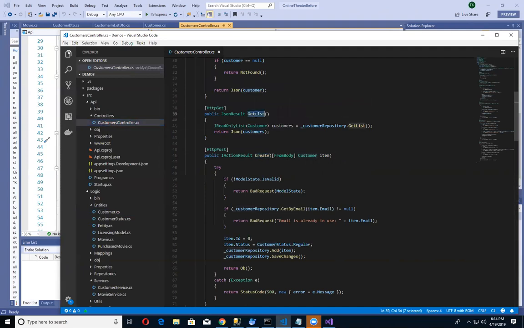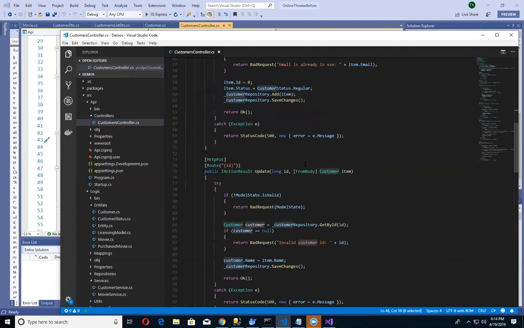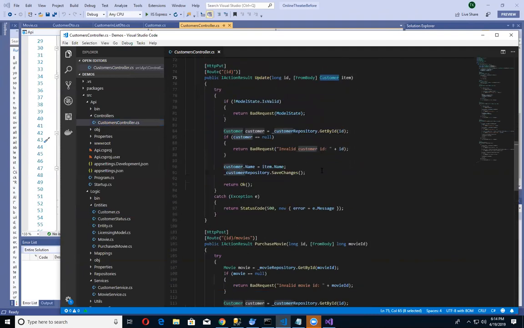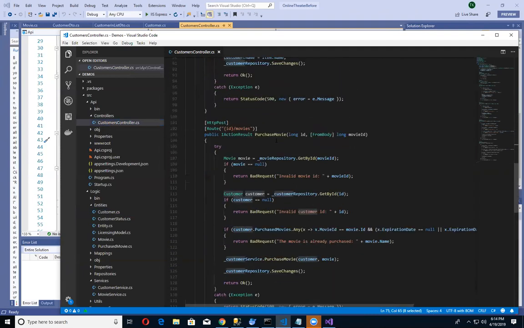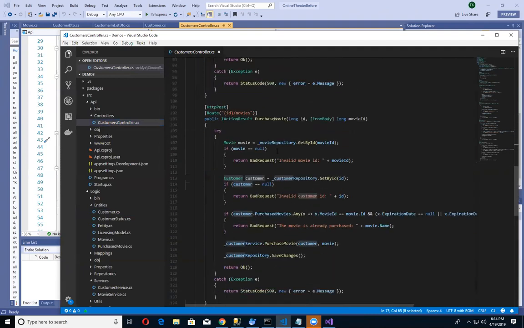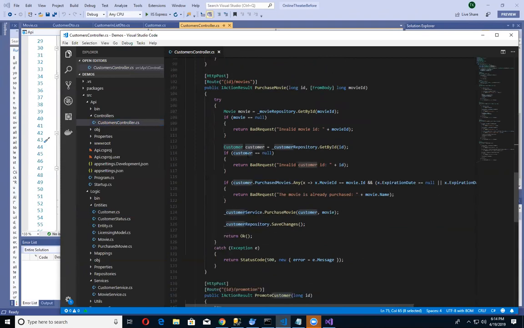See how we do a get and we're returning a list of customers. Then we have the HTTP post when we're trying to create a customer. You look here, we're passing in the object again. What about an update? Again, we're passing a customer in. And then here's an example where we are purchasing a movie. We're doing stuff to the customer.